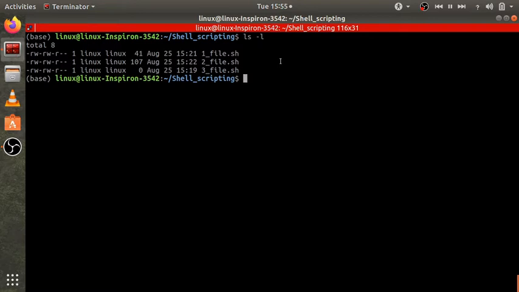A shell script is a whole bunch of shell commands entered together in a file. There are two types of shell. The one is a login shell. The other one is a non-login shell. The login shell is used to log into your system. It is the shell you get when you are prompted with your username and where you have to enter your password. The second type of shell is the non-login shell.